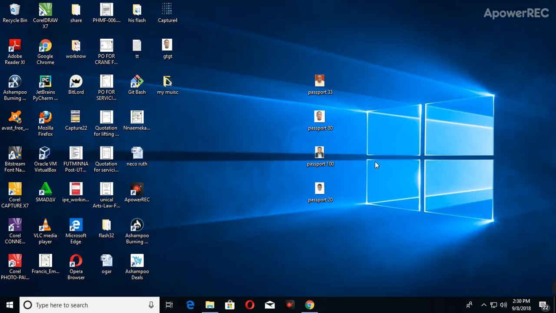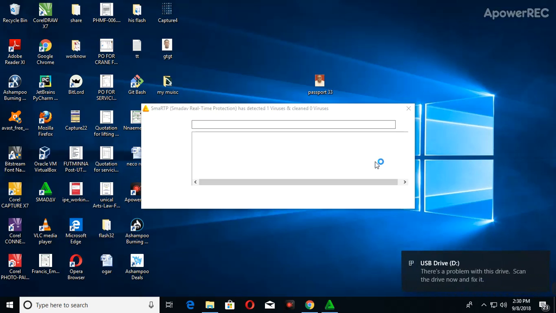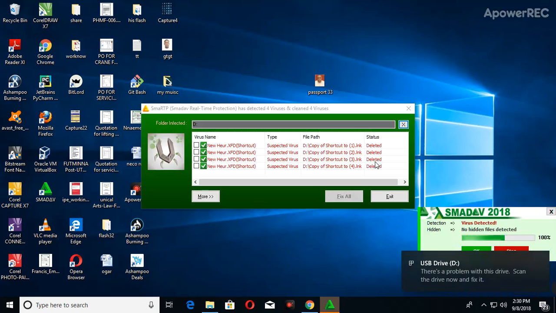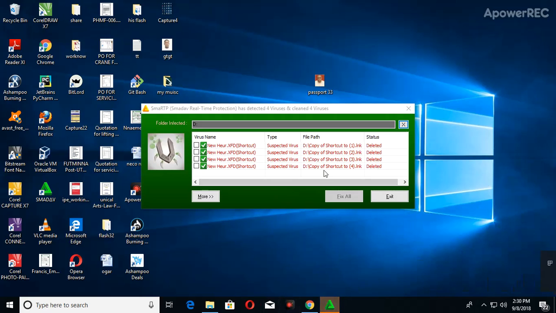So I'm going to slot in a flash. You can see USB drive. I just slotted in a flash, and this flash has a lot of virus in it. So you can see the virus. I'm gonna try to